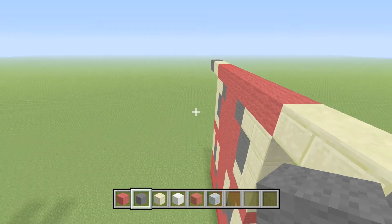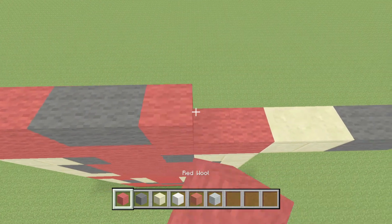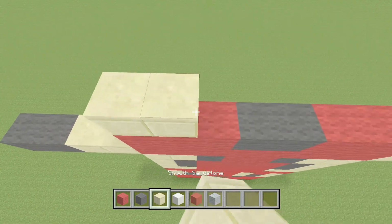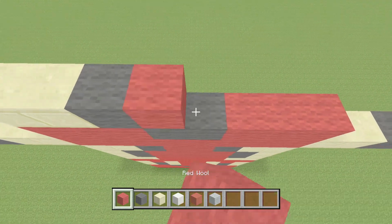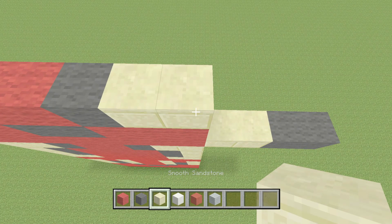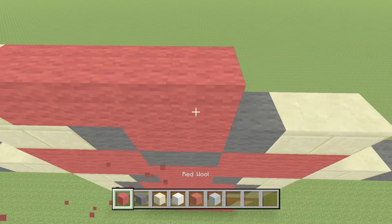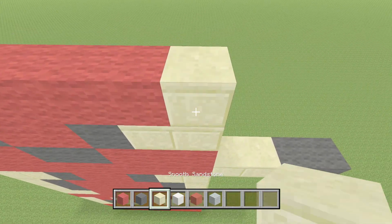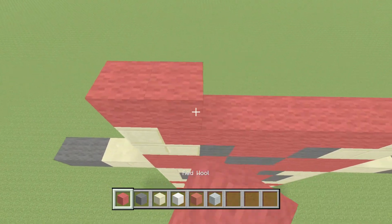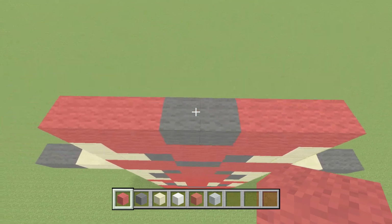Okay, now you want to go to the back of the body part and build 3 red wool, 2 grey wool, 3 red wool, and then for the next row you want to do 2 sandstone, 8 grey wool, 2 red wool, grey wool, 2 sandstone, and then for the next row, sandstone, 6 red wool, 8 sandstone, and then for the next row, 3 red wool, 2 grey wool, 3 red wool, and for the next row you want to